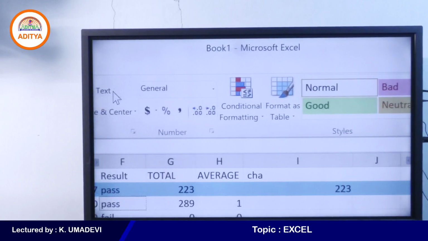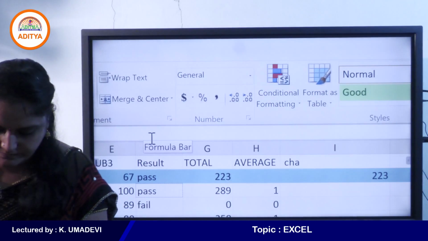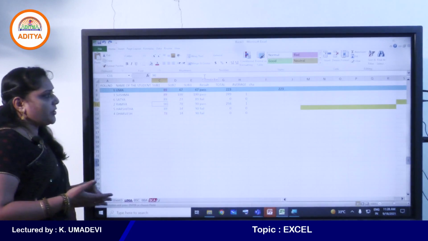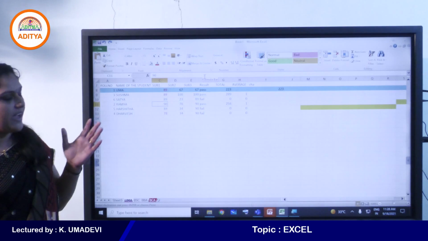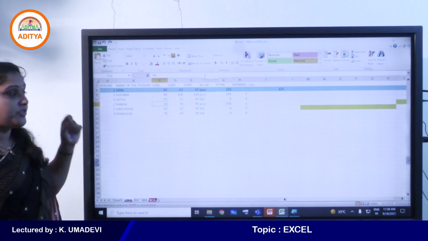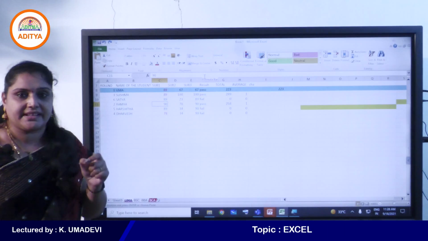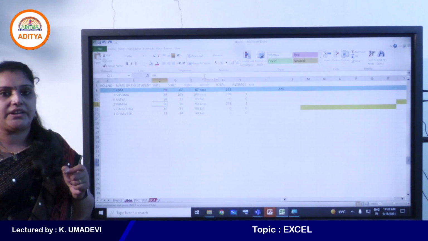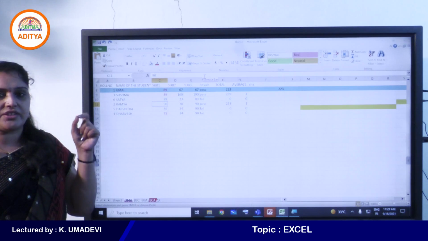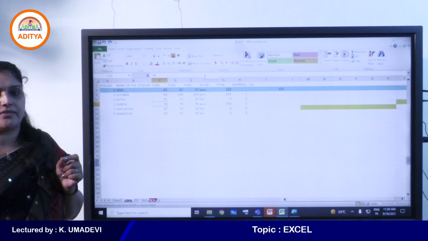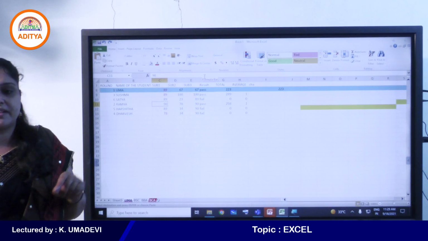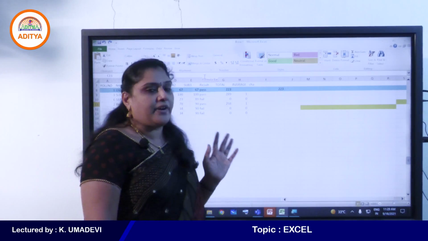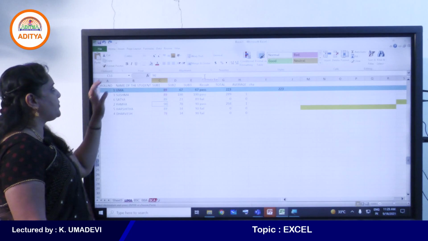So this is about find and replace. Okay? So just observe the home command, students. The home command contains clipboard group, font group, alignment, number, style, cells and editing group. See, almost all the important commands in Excel are available in the home tab, like conditional formatting, sorting and filtering, functions. Okay, functions. So this is the best feature in Excel. We can perform any type of calculations by inserting functions or by using formulas. Okay, and find, replace and go to are also available under the home tab.